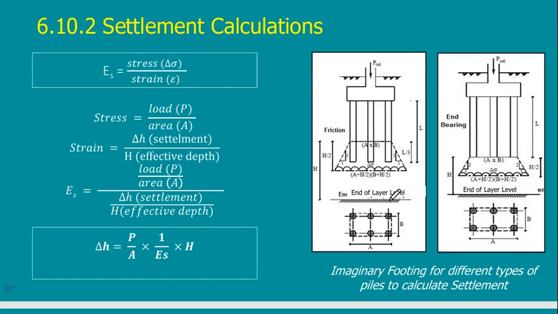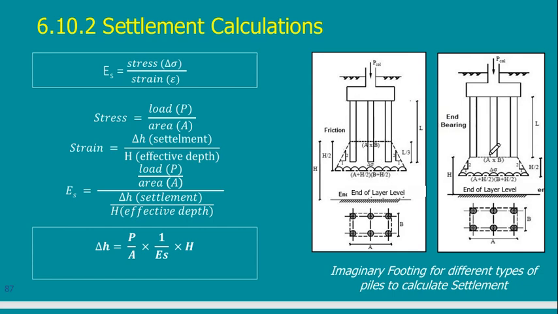If I have a rock layer, then I know that this edge is from this location to the location of the rock. But if I don't have a bedrock layer near, it is very far away, I will just go to double the breadth. If this is say 10 meters by 15 meters, so 10 meters multiplied by 2, you get 20. So from this point I go 20 meters below, and I put an imaginary line, and I say this is the end of the area where the stresses can reach from this